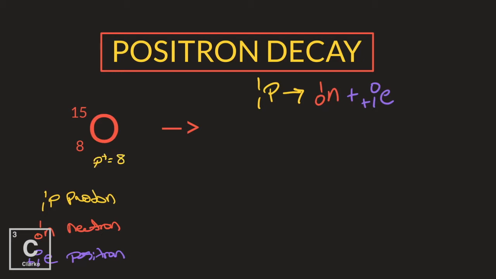Oxygen is going to have 8 protons. If we subtract, we can see how many neutrons. Now we know that a positron is getting kicked out. So let's go ahead and kick it out. And when that happens, let's see what happens to our protons and neutrons. So our protons, remember, a proton is turning into a neutron, so we're losing a proton. So we're going to have 7 protons. And since a proton is turning into a neutron, we're going to go up in neutrons, so we're going to